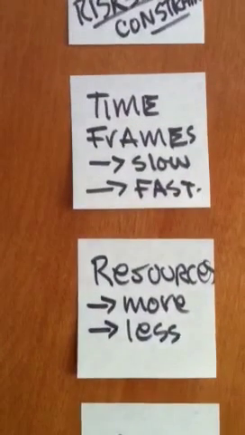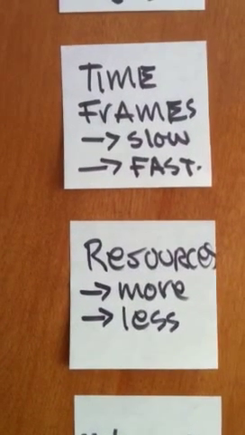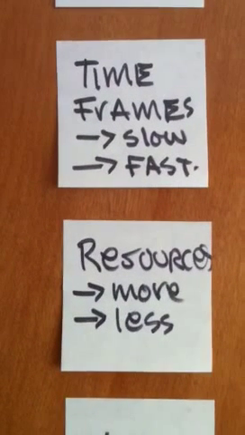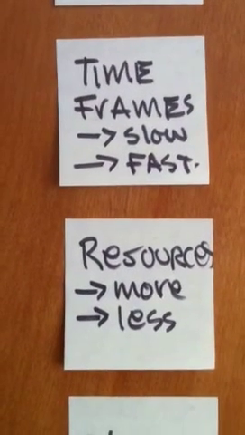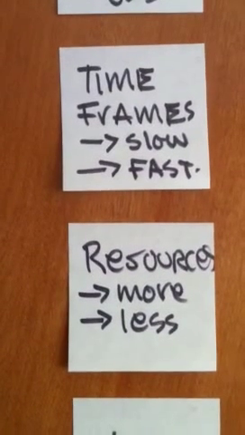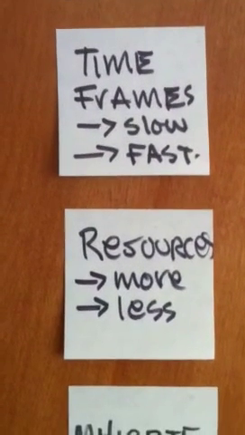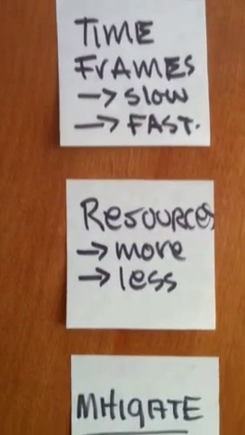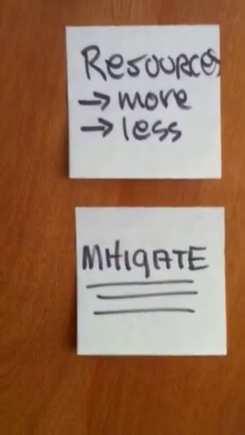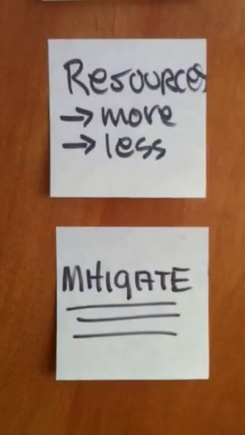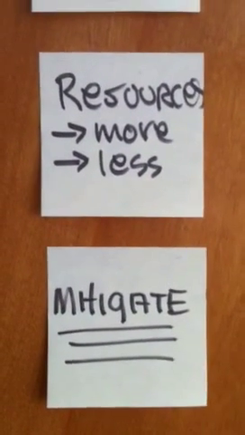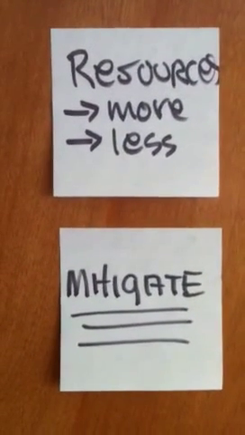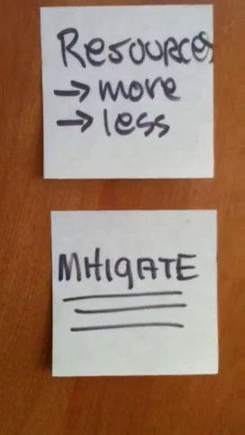The other thing is resources. We all need resources to get these projects done. And so again, from a risk, assumption, constraint standpoint, tell me what your assumptions are from a resource standpoint, as well as what more resources would mean, or in the worst case, what fewer resources would mean for you. And then the most important thing is how do you mitigate those downside risks? If time frames move out, if resources dry up, what's your B plan for mitigation?